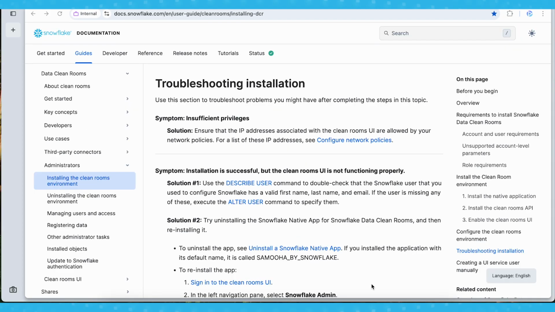As you can see from the quick tutorial, installing Snowflake Data Clean Rooms is very simple. If you follow the steps, if you follow the prompts, it should be very seamless. However, if you encounter an issue, we do have some troubleshooting installation steps here. One of the biggest hiccups could be that there's insufficient privileges. So make sure that, for example, your clean room